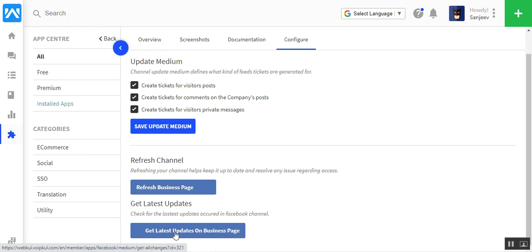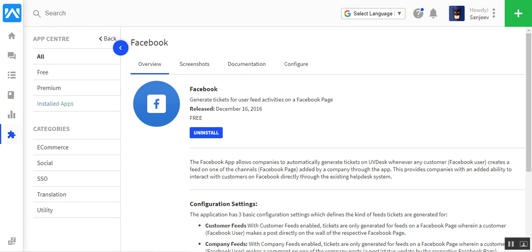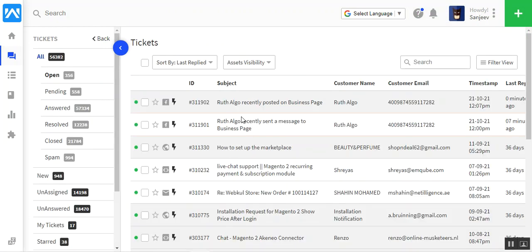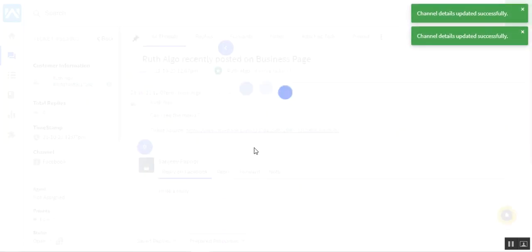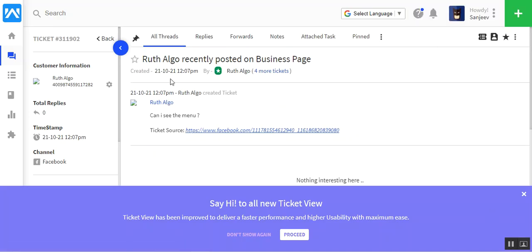Just tap that up, and you will get a pop-up message for the same. Now we are moving towards our ticketing part, and you will find here that someone posted on your business page, and it gets converted into the ticketing part. That's all about the post section as well.